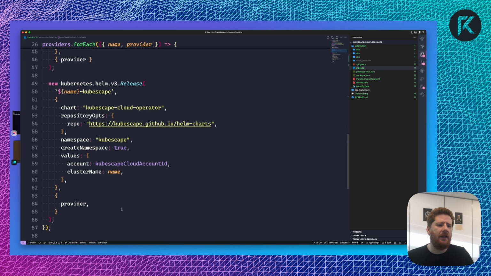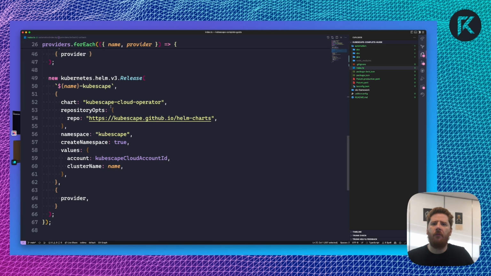Kubescape provide a wonderful Helm chart that allows us to deploy their cloud operator. You can find it at kubescape.github.io/helm-charts. The chart is very easy to configure, and all I really need to provide is my account ID and the name of my cluster. For my cluster name, that is AKS, EKS, and GKE. Nice and simple. When I run a Pulumi up, I'll have 3 clusters, all with Kubescape installed, and I can go straight to